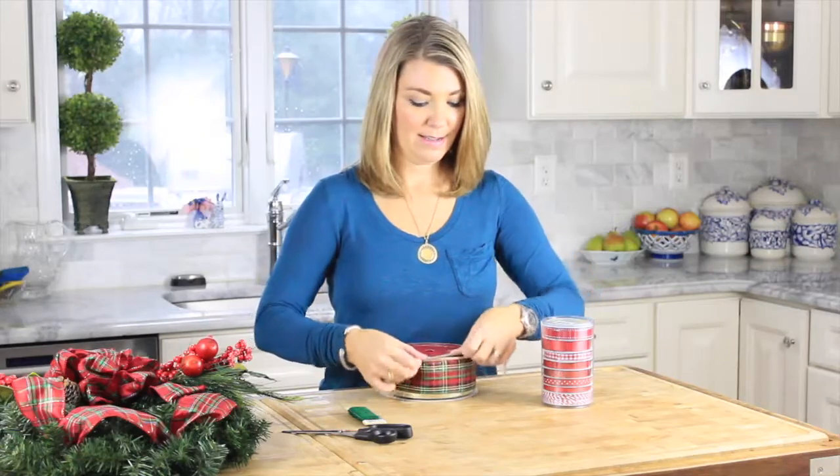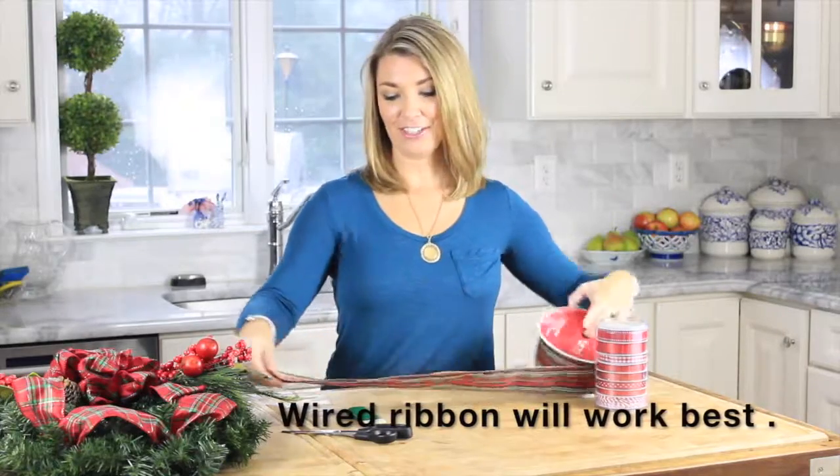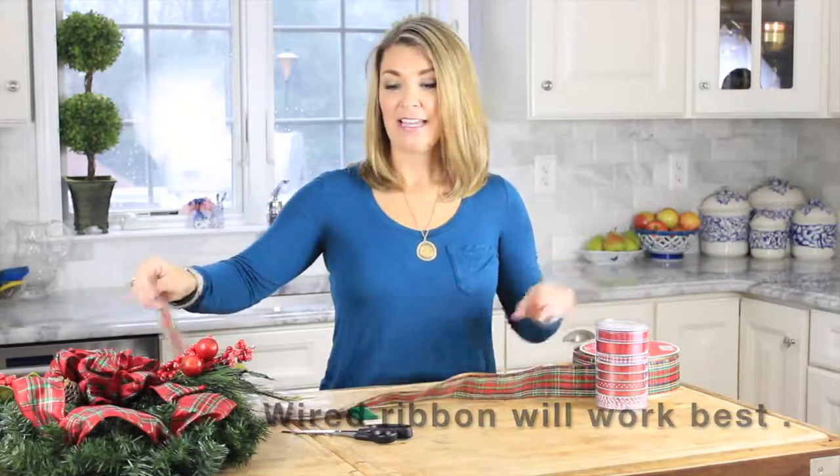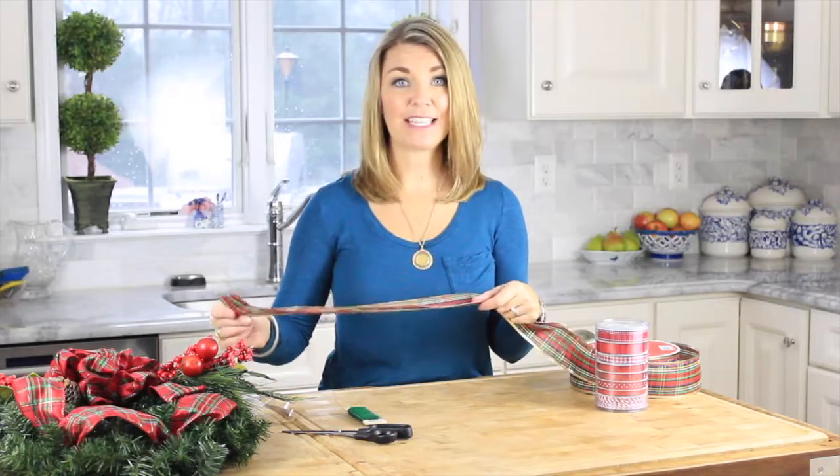So to start your bow, you're going to take off the cellophane first, and you're just going to start to unwind your ribbon. Now, depending on the size of your wreath, again, you're going to have to keep that in mind because your bow is going to have to be to scale. So if you have a bow that's too small on a big giant wreath, it's just going to get lost